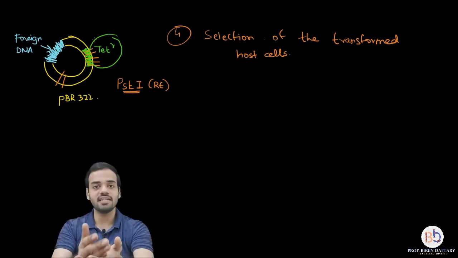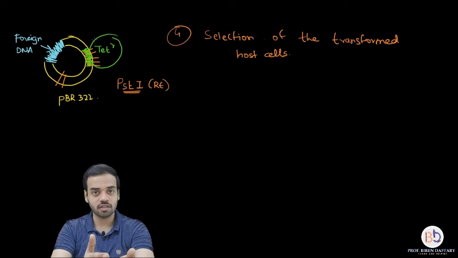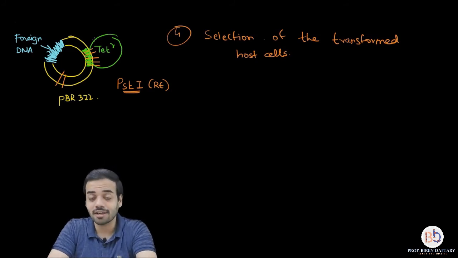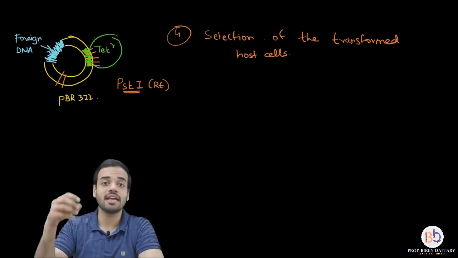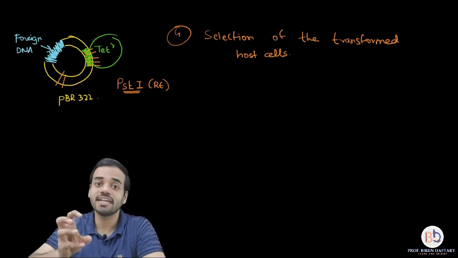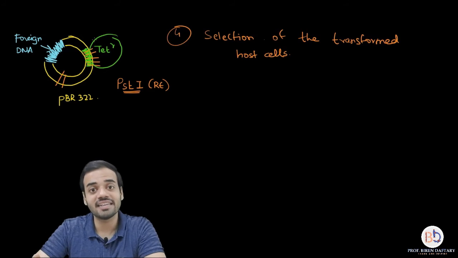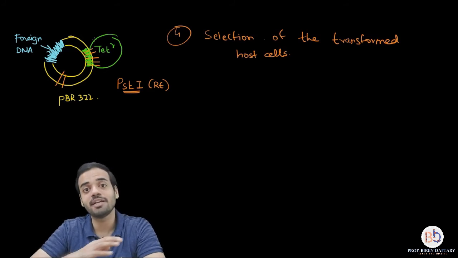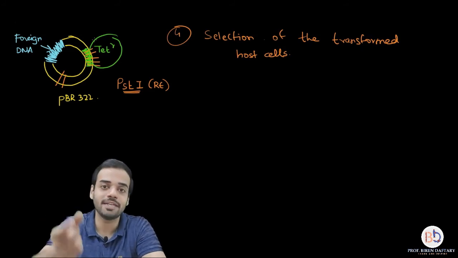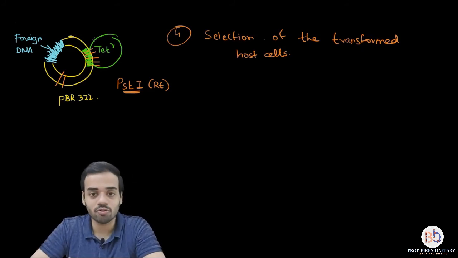So basically in this case, if we are using PstI, the non-transformed bacteria can be killed by ampicillin or tetracycline both, but the transformed bacteria will be killed only by ampicillin because they have lost the gene. Suppose I say that I have put empty plasmids inside the bacteria, that means there is no foreign DNA, entire plasmids I have put, then in that case the transformed colonies cannot be killed by ampicillin or tetracycline. But that is of no use. Why will you put empty plasmids inside? I'm just telling you, I hope this is clear.